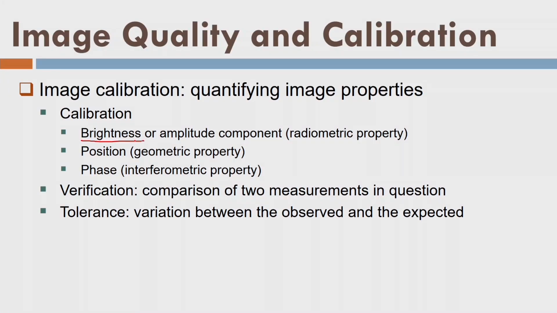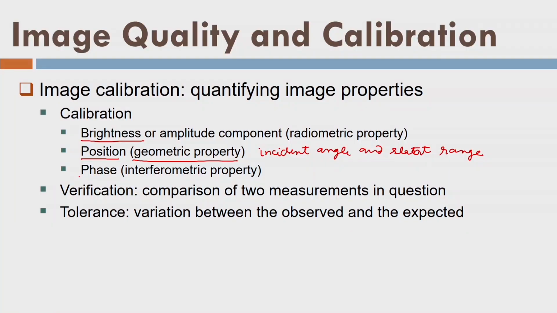Similarly, in case of radar or any system, when we calibrate it, we go through some process and compare the reference and the modified input or modified pixel value, and we say there should be a tolerance. That is the calibration process. Otherwise, if the difference is more than the tolerance, we reject that particular pixel and say that calibration could not be done or is not appropriate. So here we calibrate the brightness values, and the position, that is the geometric property. So we calibrate brightness, slant range, incident angle, and finally the phase also. Phase will be required for interferometry purposes.